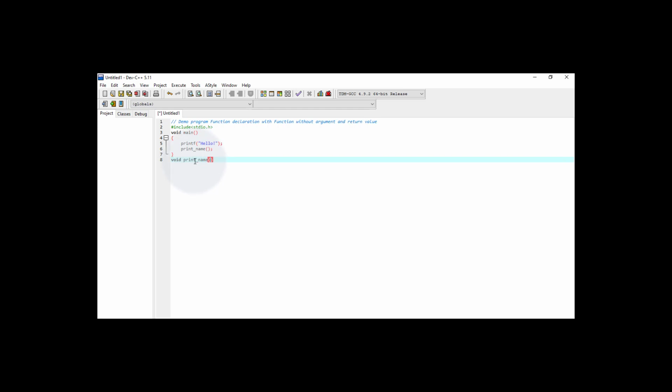It should not be a reserved keyword of the C language. So here we have declared the function.